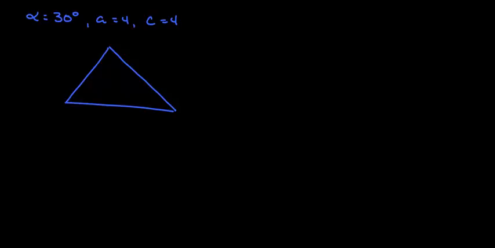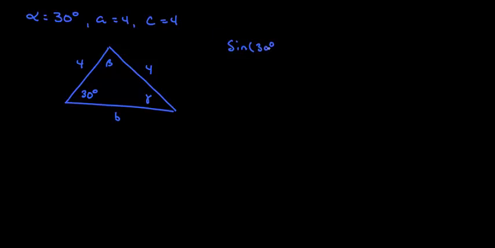Okay, this is the last of the 6 problems. And again, we're given an angle value of 30 degrees, an A value here of 4, a C value of 4. We don't know what gamma is, we don't know what beta is, and we also don't know what side length B is. So what we do is we set up our law of sines,